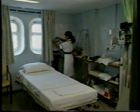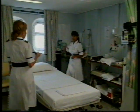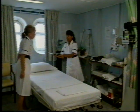People forget we also have a significant number of crew on board, so there's a basic practice, and then the passengers, of course. So really you're a general practice plus a casualty department. We basically have all the facilities of a cottage hospital. There are things we can't carry out, but we can get a patient from A to B in a good condition, and then they can be referred ashore at the next port if there are suitable facilities for their treatment